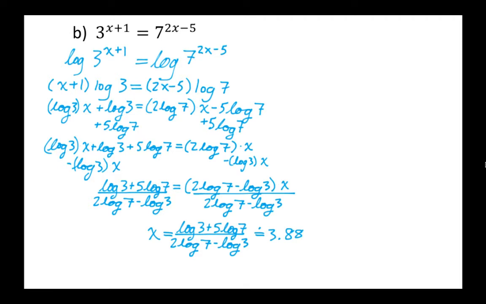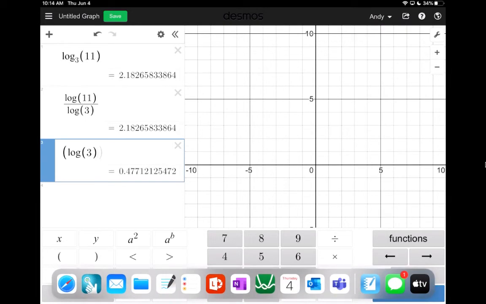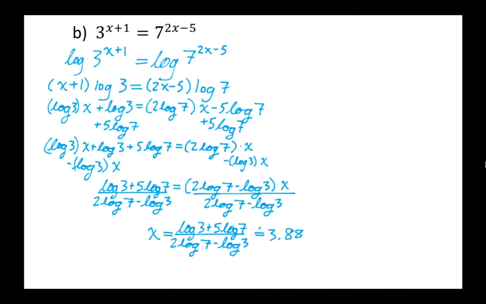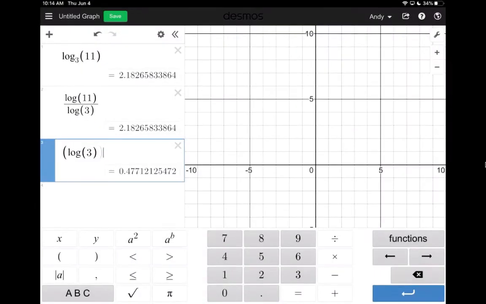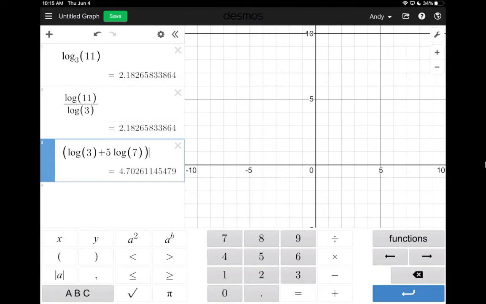And I may have to flip back and forth a little bit, but we'll see how it goes. So I'm going to go to the next line and I'm going to open up the brackets and I'm going to do log of 3. And now, see, I've forgotten already. Plus 5 log 7. Close the brackets. And then I divide by, put the entire denominator in brackets,